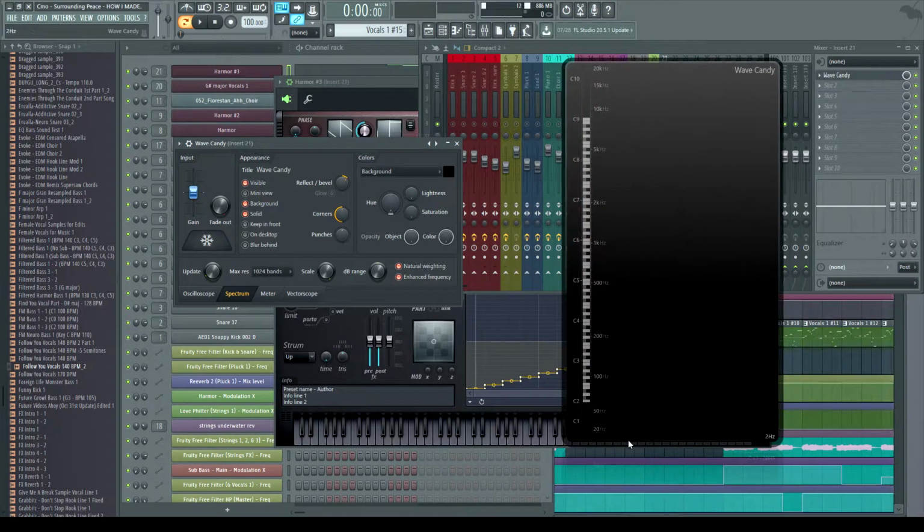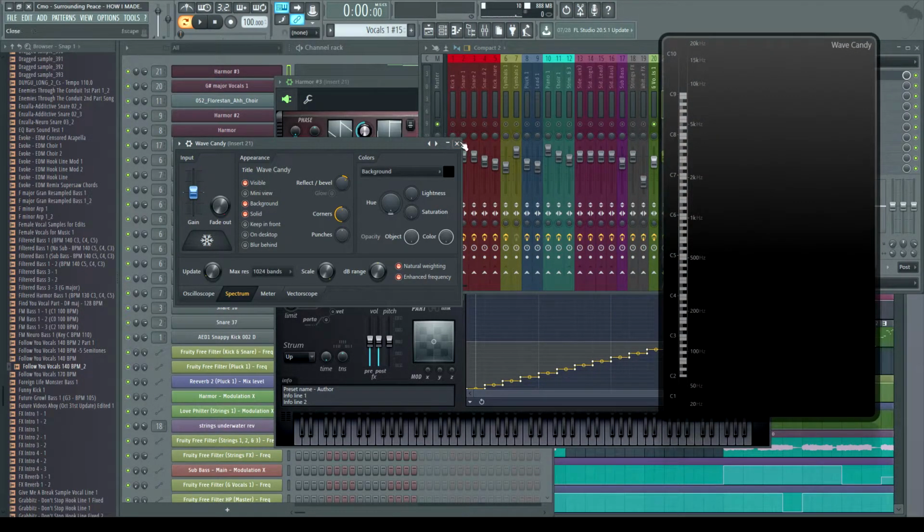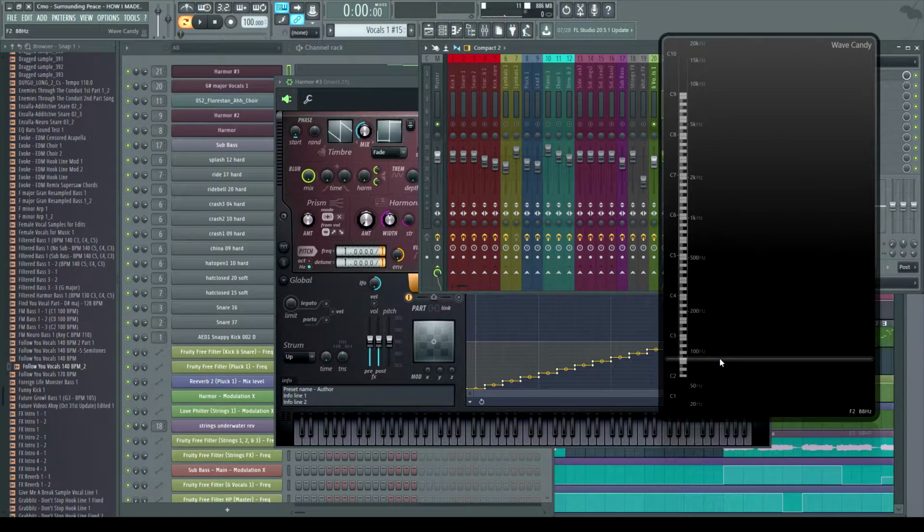Basically, wherever it's inserted is going to tell you the note of it by looking at the very fundamental note.